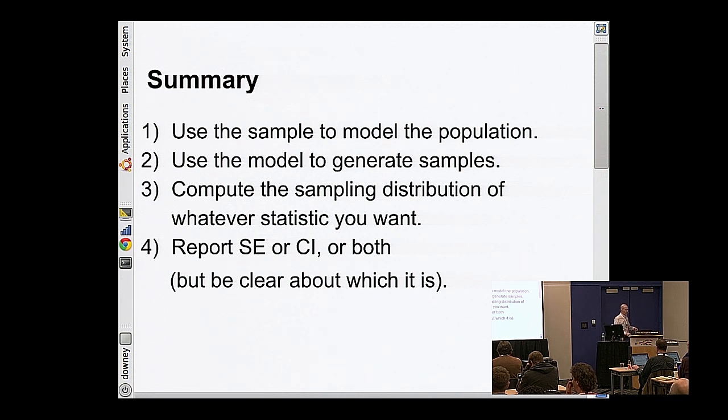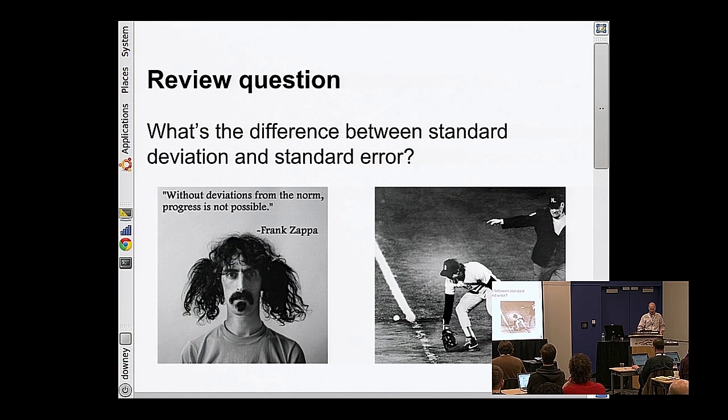Good. Let's see. So this is just summarizing where we are so far. One error that you see in a lot of papers is that people might report an estimate plus or minus something, and it's not clear whether that plus or minus is meant to be a standard error or a confidence interval. They are equivalent. Pick one, but whatever you report, just make sure that your reader knows which one you are reporting.